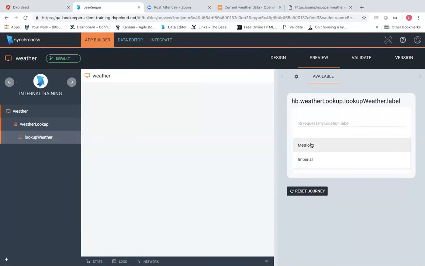But now we have a drop down where we can choose between metric and imperial. So that's basically how we add drop downs on our steps. Okay, any questions? No? All right, cool. All right, so since we have more data, I'm gonna add one more property